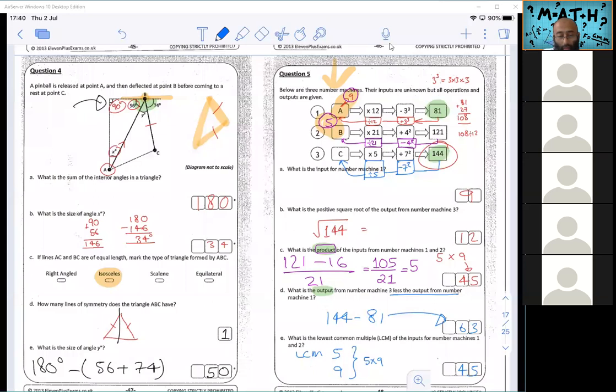Okay. Mr. Kabal, G, what was the answers for 3C